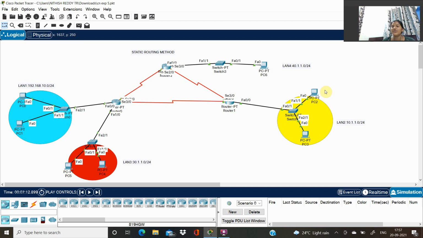From PC2, now we have to ping from LAN 1, that means from PC2 to PC0.